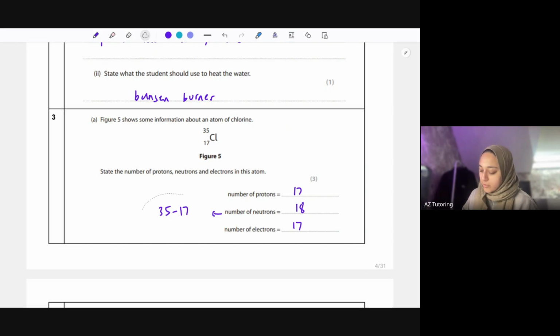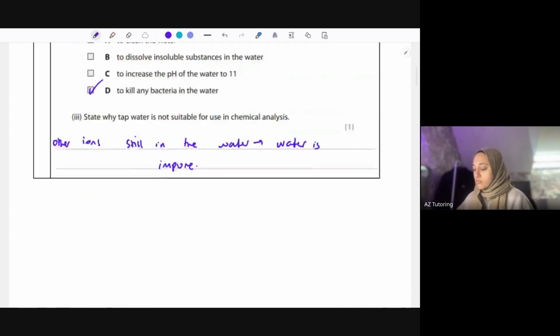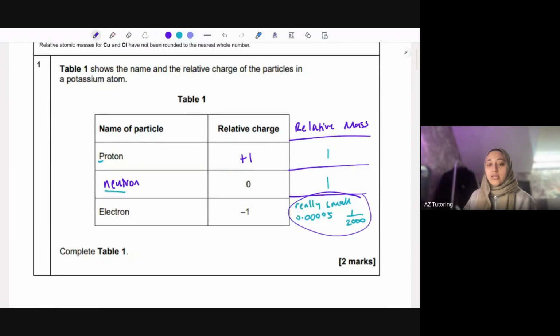Another thing as well, they might ask you, why do you have to minus the bottom number from the top number to get the number of neutrons? And the reason why is because this mass number on top only accounts for the number of protons and the number of neutrons. The number of electrons are not in that total mass number. And the reason why is because the electrons barely weigh anything. So we've already said it here. The electrons are really small, so we don't count them in the overall mass number. So that's the reason why we can just minus them from each other to work out the number of